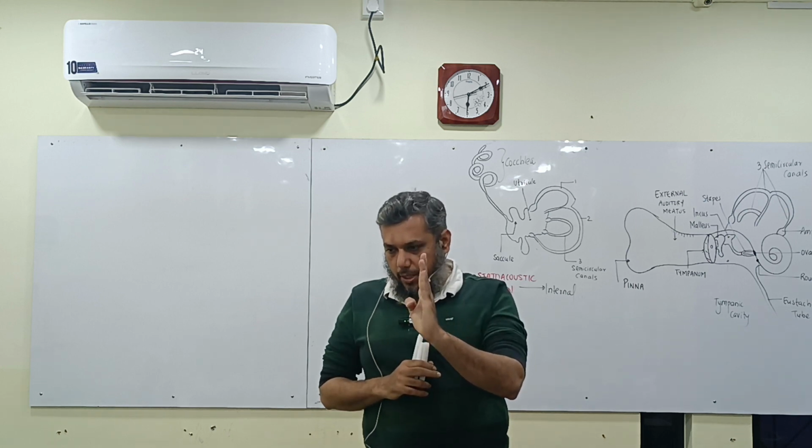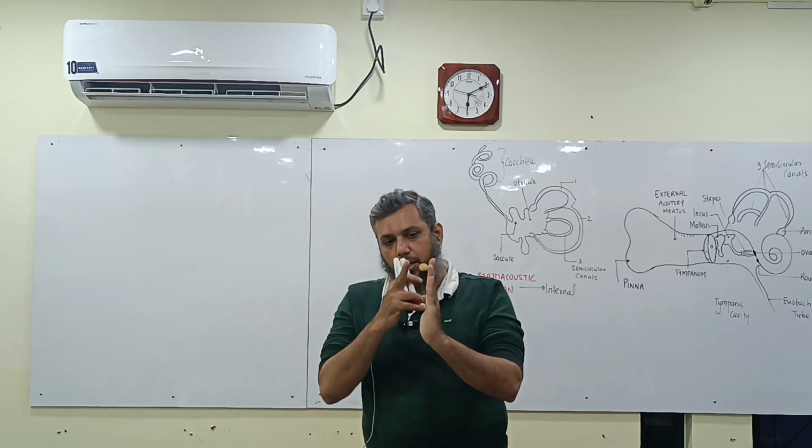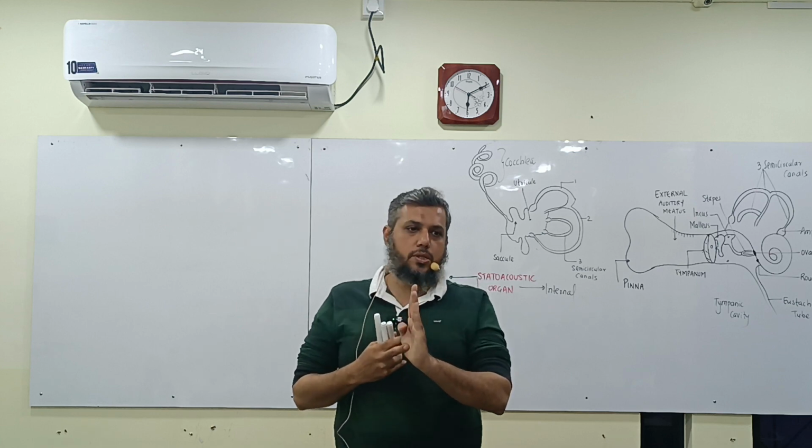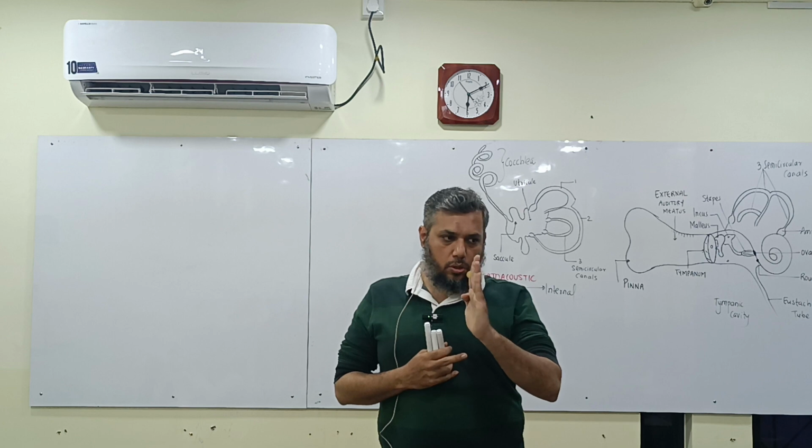eardrum में बीच में क्या है? कनेक्टिव टिश्यू है, बाहर की तरफ क्या है? स्किन है, और अंदर की तरफ क्या है? म्यूकस है। तो जब भी आवाज आएगी वो अंदर ईयर ड्रम क्या होगा? वो चलो वाइब्रेट होगा।